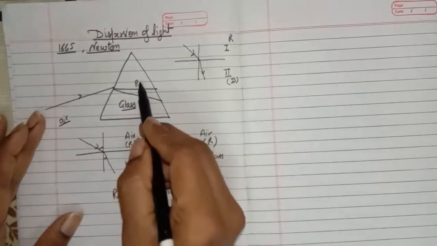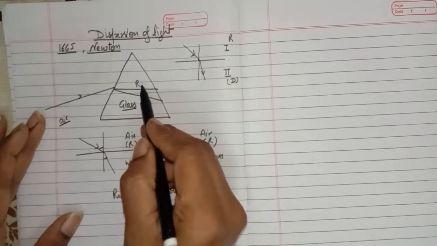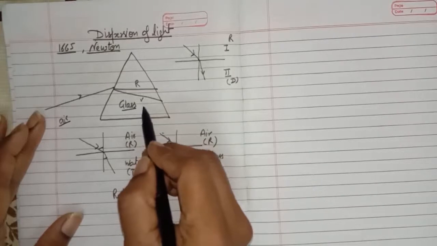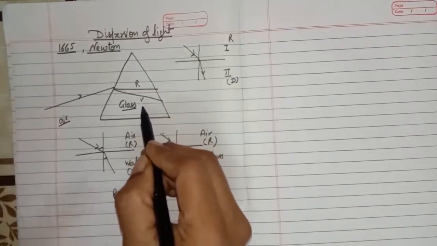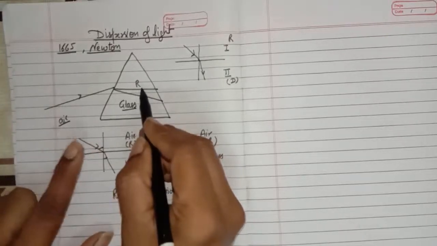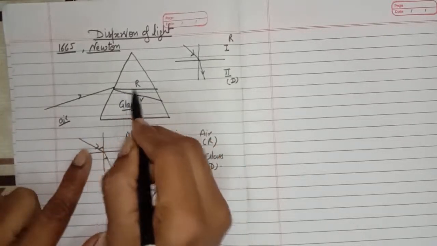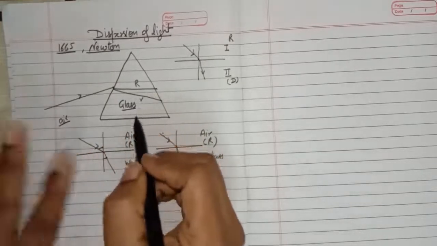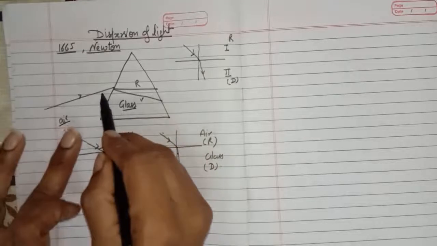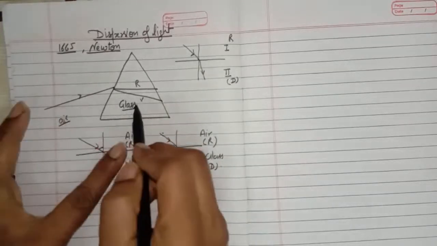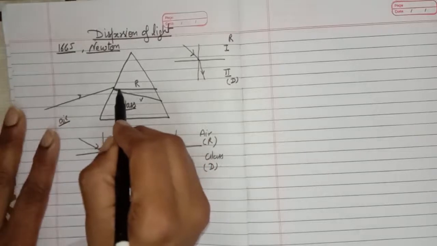The color of light which has the maximum speed in glass is deviated less as compared to the color which has the minimum speed in glass. It means the red color has the highest speed, so the deviation of red is less as compared to violet. That's the reason why light is split into its seven colors when it passes from air into glass. And this dispersion,